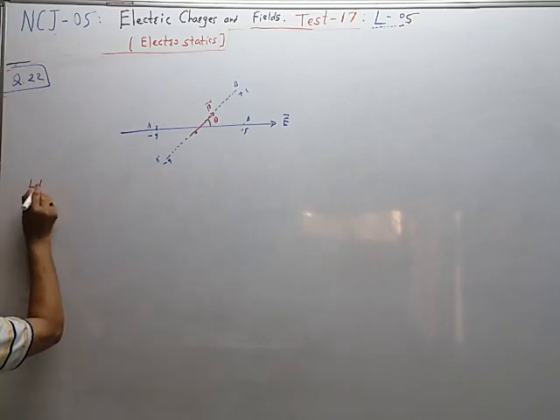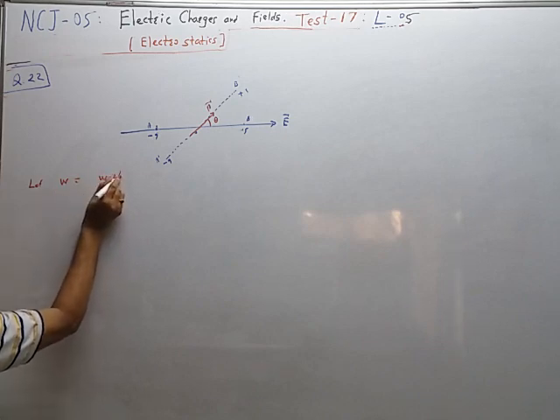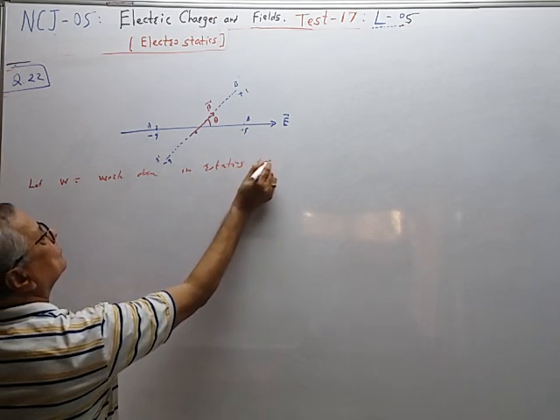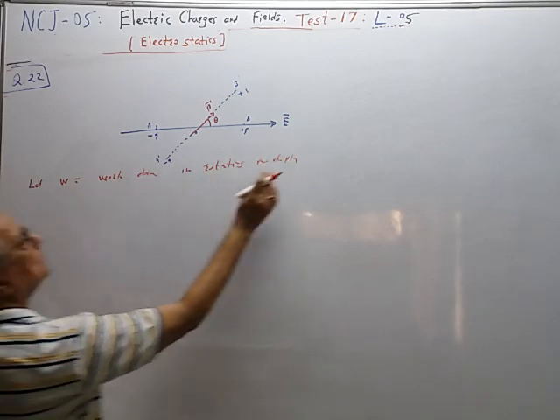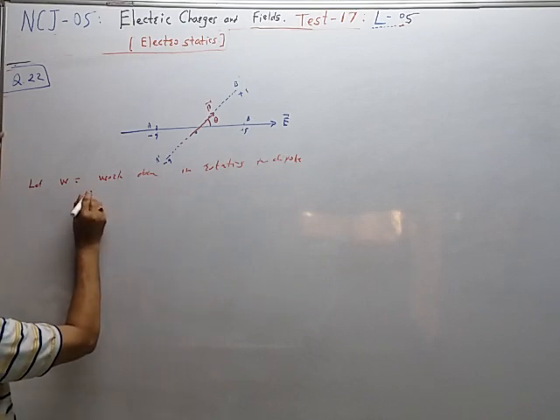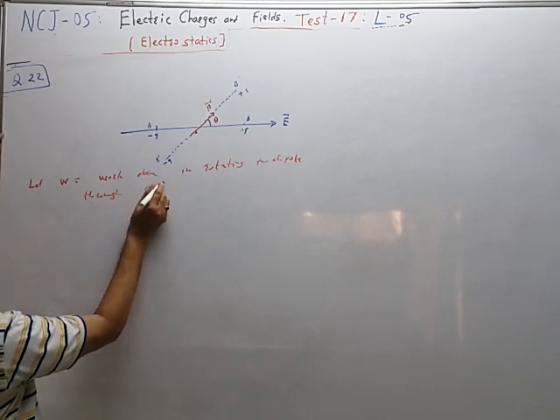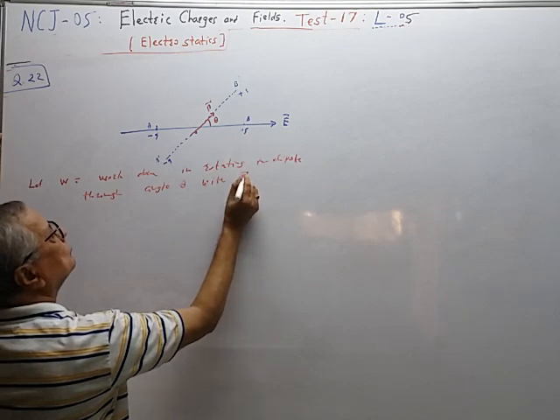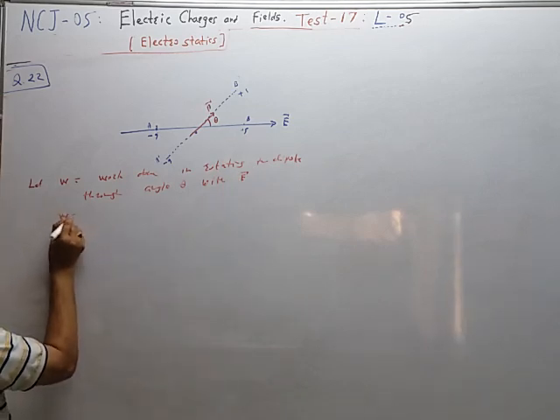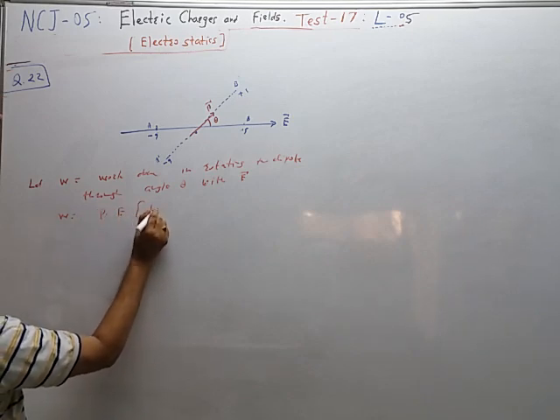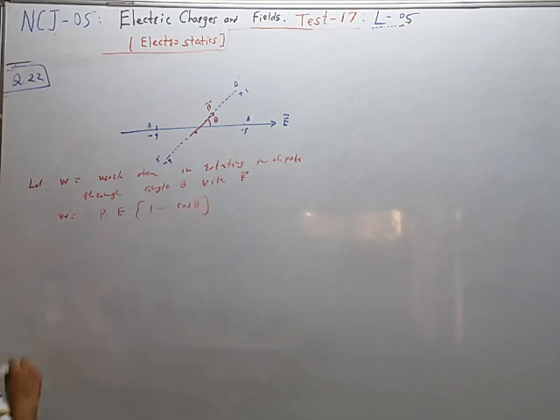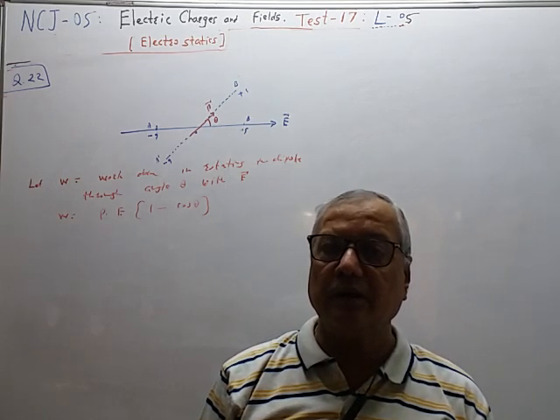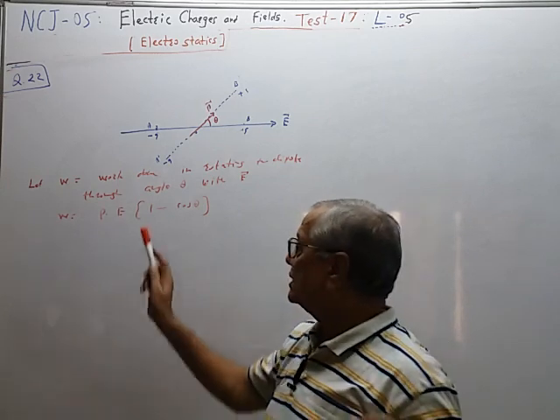So let W be the work done in rotating the dipole through angle theta with electric field E, then W is equal to P, the electric dipole moment, E, the electric field intensity, into bracket 1 minus cos of theta. हा फॉर्म्युला आपण डिराइव केलेला आहे. Work done is equal to torque multiplied by theta. So for small angular displacement delta theta, work done is dW. तर ती मेथड आपल्याला माहिती पाहिजे.